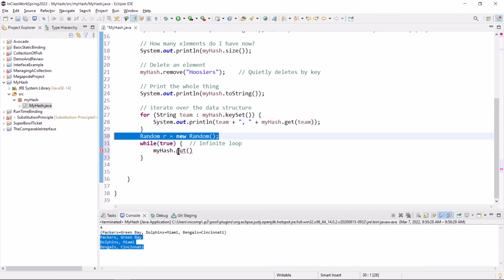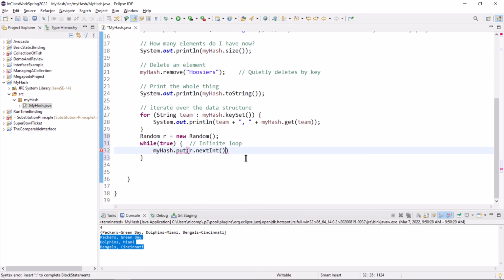The put method of the hash table class requires a key, and that's why I have that error there, because I'm not providing the key as an argument, but Eclipse is not. So that needs to be a string. Now if I say r.nextInt, is that right? r.nextInt is correct. That's just the next random integer in the random number sequence.